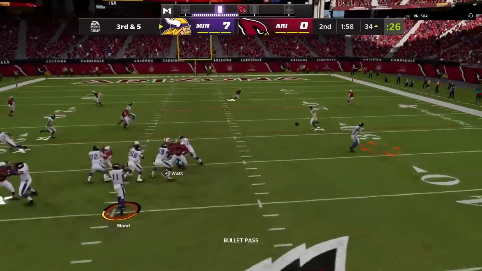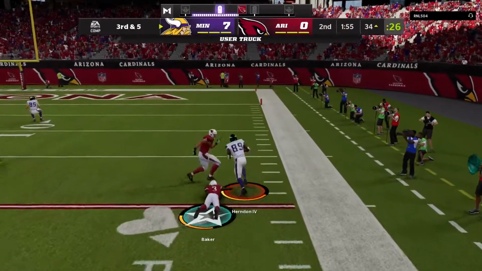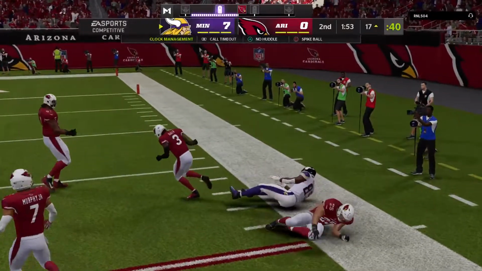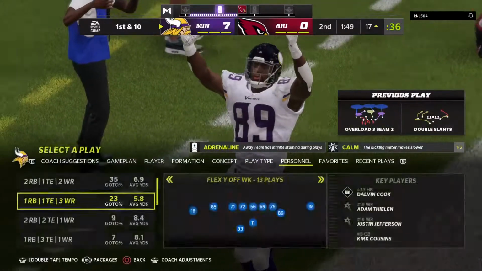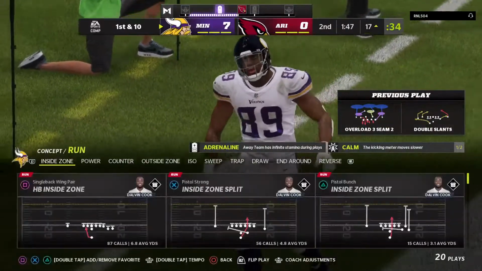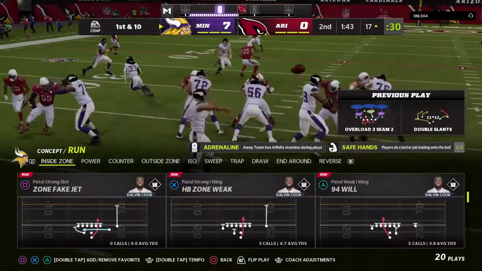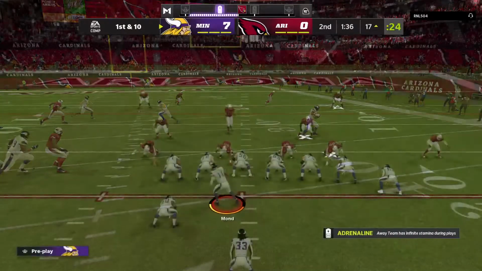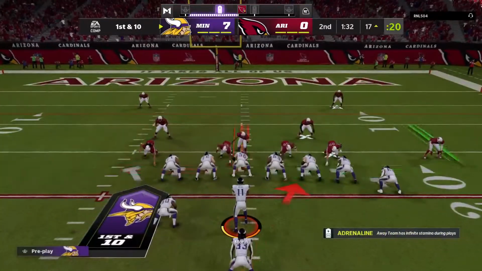Here's Mond. Throw complete to Herndon. Bulldozes past him, and inside the 20 before he's brought down. That's it, buddy. It's a gain of 16, and the Vikings have the first down as well. When you get a big tight end like this, sometimes it takes more than one man to bring him down. Oftentimes, your best bet, just jump on and hold on and wait for your teammates to arrive to help get